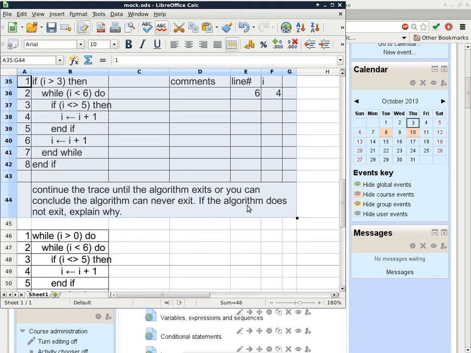In other words, if it's stuck in an infinite loop, then you say, oh, okay, there's no way we can finish the algorithm because it's stuck in an infinite loop. Okay. And if you look at the partial trace here, it says we are on line 6 already. After line 6 executes, we have a value of 4 in variable I. Okay? So as far as you're concerned, you can just continue the trace and say, okay, the next line after line 6 is,